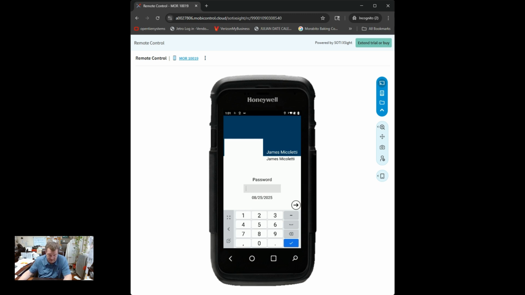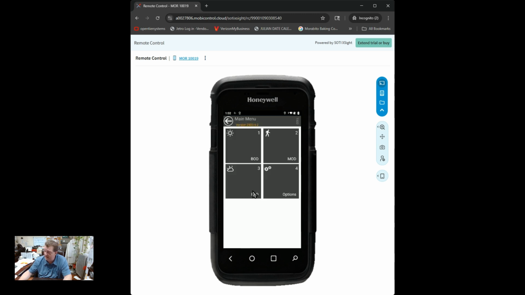We seem to be having a problem with this. I know it seems pretty straightforward, but let's just make sure everybody knows the procedure. You put in your password. I'm doing Jim Micheletti. He's been off on Route 19. First thing I want you to do, before you do anything else, I want you to go in and click